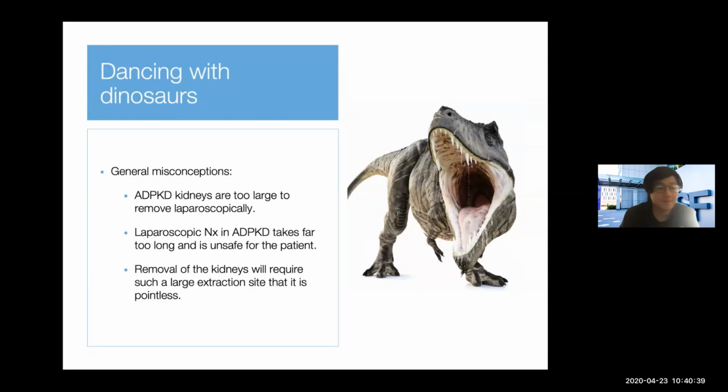The thought is that lap nephrectomies, particularly bilateral in these patients, is just going to take far too long and be unsafe for the patient. And again, removal of the kidneys being so large is going to require such a huge extraction site that it's honestly pointless. And I would argue that all of these are wrong, but the truth is that it's an understandable